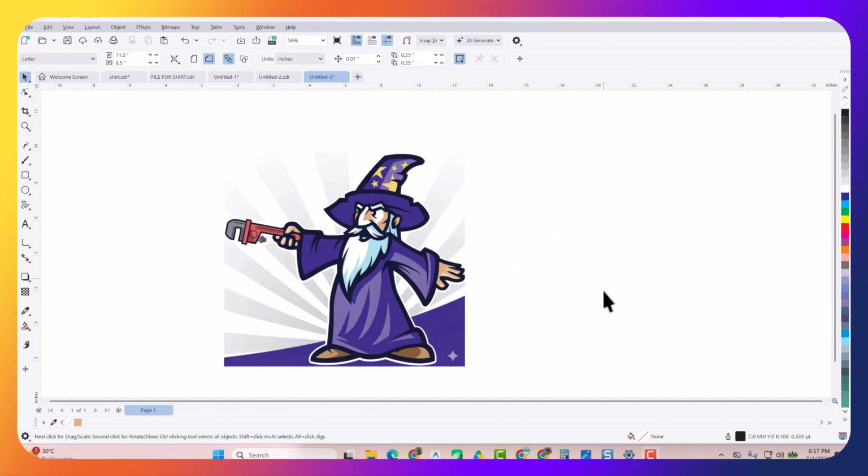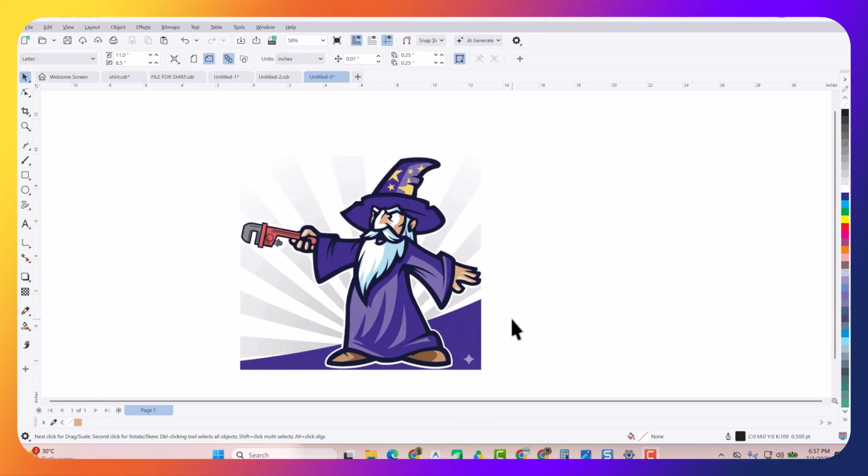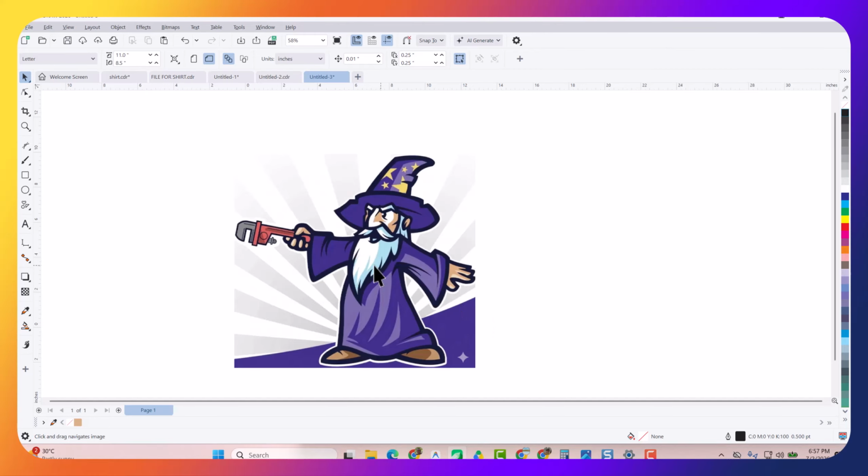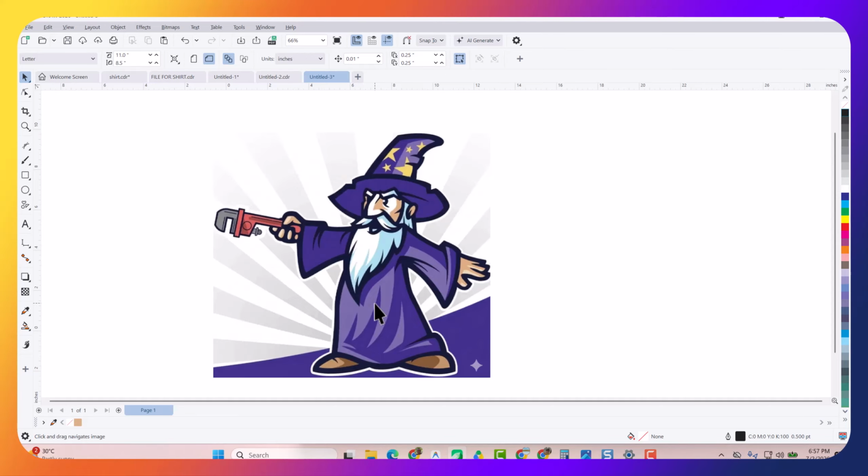Okay, so let's go into our project here. So basically what I have here is actually an ad of an HVAC company. And I spoke to the owner and he doesn't have a 3D model of this, right? So that's a disadvantage because you can't animate this or make it a 3D printed object if you don't have that 3D file. So the first thing we're gonna do to make this work with Meshy AI,